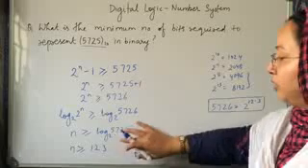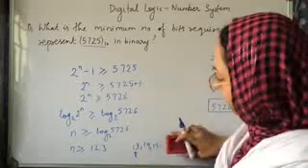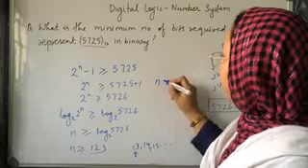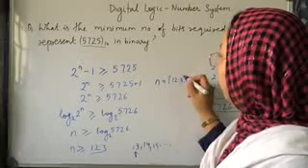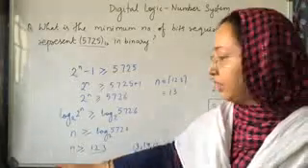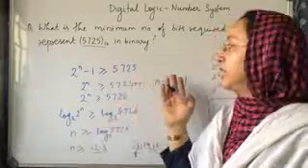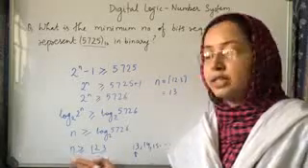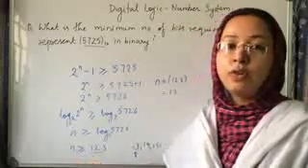And you don't need to write each and every number and then find the minimum value. For this type of question, what you have to do is take its ceil. 12.3 ceil will be 13. Whenever in the question you are given that n is greater than or equal to something and you have to find its minimum value, then take its ceil. And whenever you are given that n is less than or equal to something and you have to find its maximum value, then take its floor.